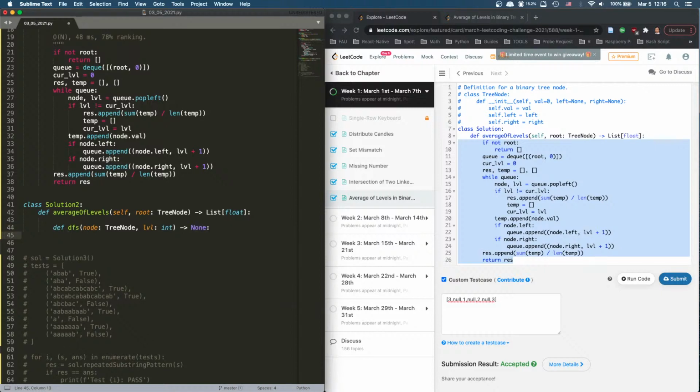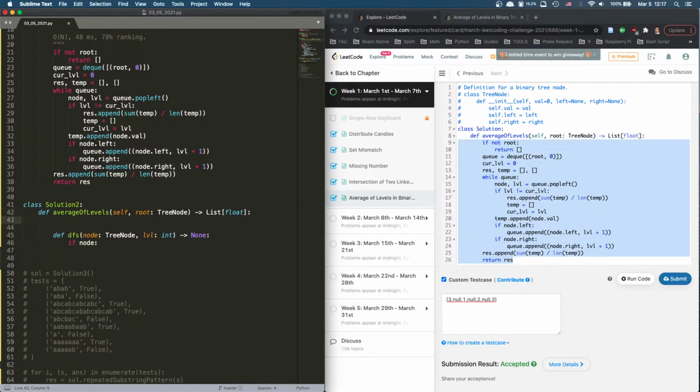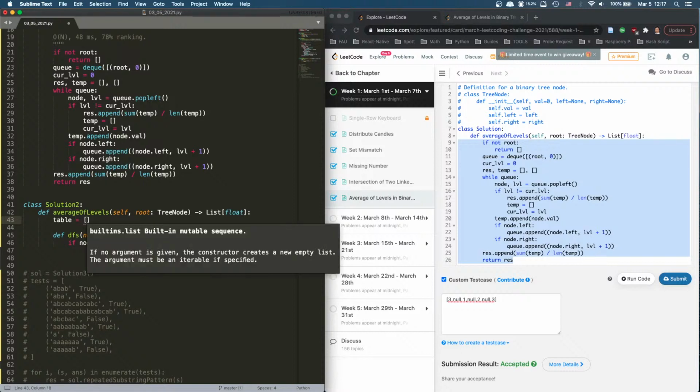And we say if not node, if node, so we don't have to consider not node. If node, we're gonna append. So what we have is, let's call it table. What is the table going to be? The table is going to be for each level, we're going to,